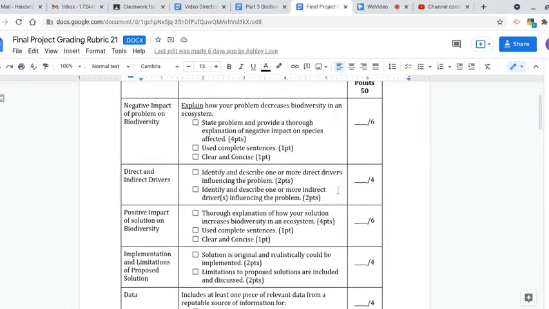The next section is about direct and indirect drivers. You did this on part 2 of the project in your outline. You need to identify and describe one or more direct drivers influencing the problem. You also need to identify and describe